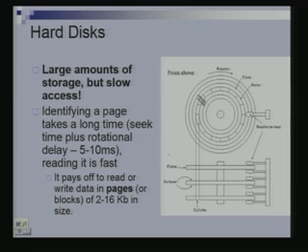So, when you have to read a particular location, a track is further divided into sectors, right. So, when you have to read a particular sector, the disk rotates and this read write head gets to the appropriate track and then starts reading the data from there, right.